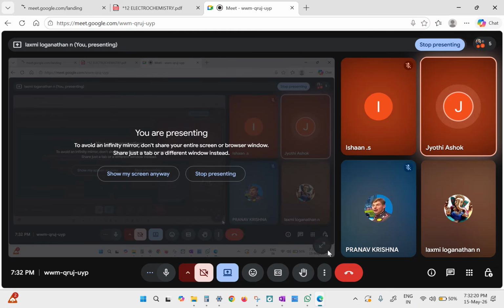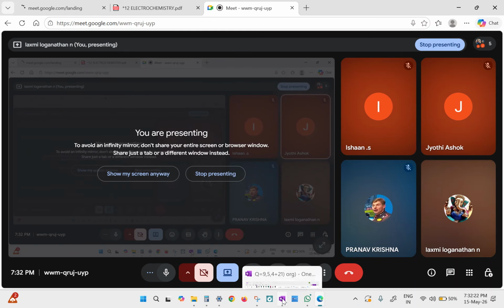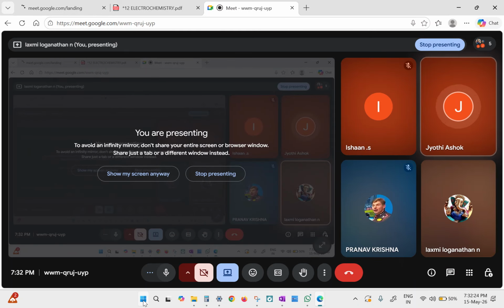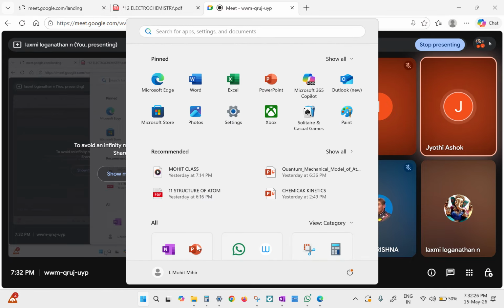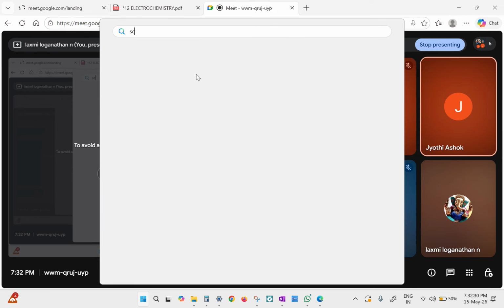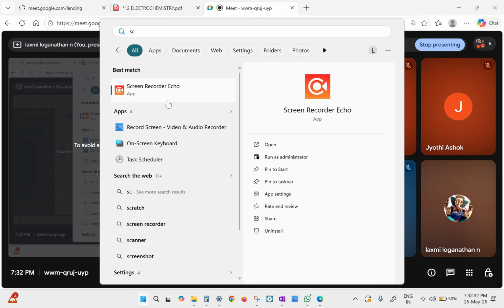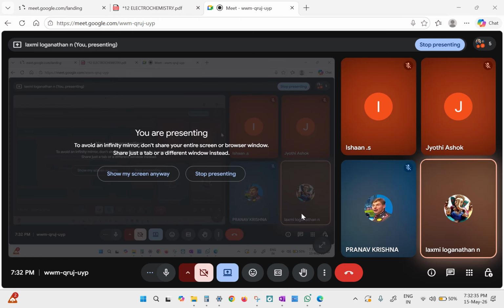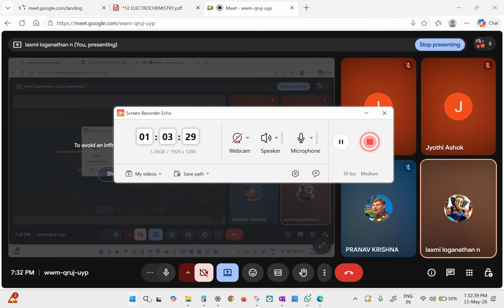Can you show the notes? Which one? The K is directly proportional to C. Where is that? See, I'm stopping this. No, Ishan. Yes, ma'am. So when I